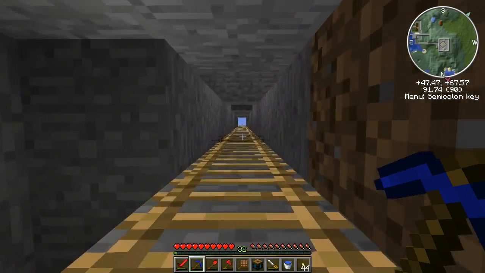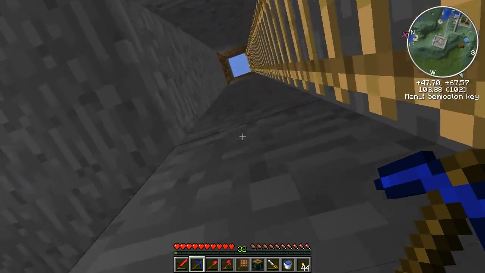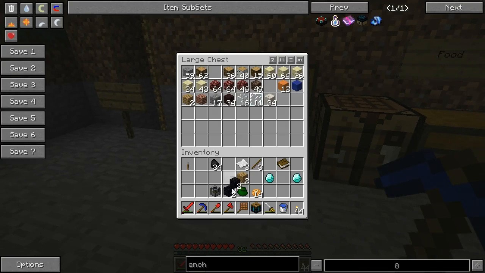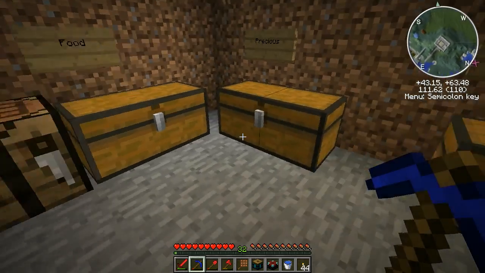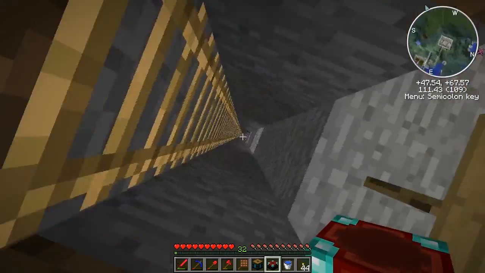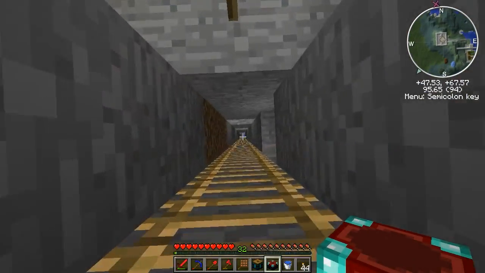I am going to need bookshelves though to really do anything, but I do have lots of levels. Thorncraft, storage, blocks chest. So I do have lots of levels, so I can do a bit of a practice enchant. So there we have our enchantment table, and now we take our enchantment table. Before I do that though, I'm going to grab a piece of flint just to demonstrate how the enchanting system works. And then what I'm intending to make eventually,